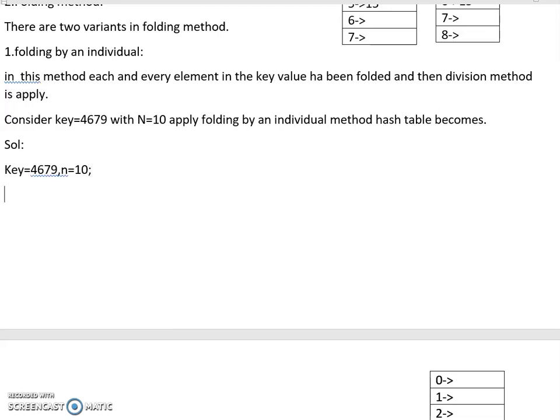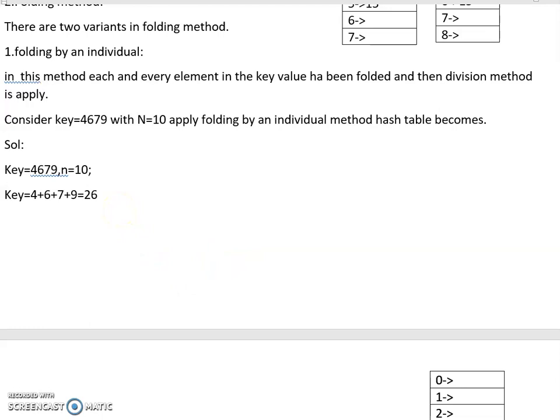Now we need to fold the key. How it can be done is, 4 plus 6 plus 7 plus 9. Total value is 26. This is the folded key value.